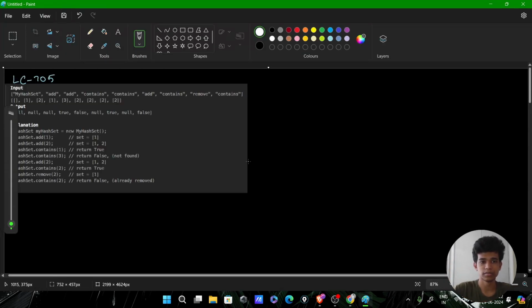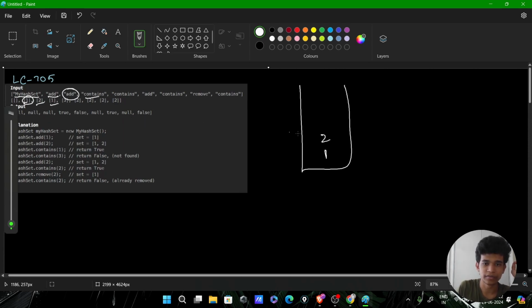Now, see this example. Initially, I have created an object for my hash set. Then add 1. Initially that is my hash set, and I have inserted 1 successfully. Now add 2, so 2 is inserted. Then contains 1. Whether it contains 1, yes. So that's why they have written true. Now contains 3. Whether it contains 3, no. So we write